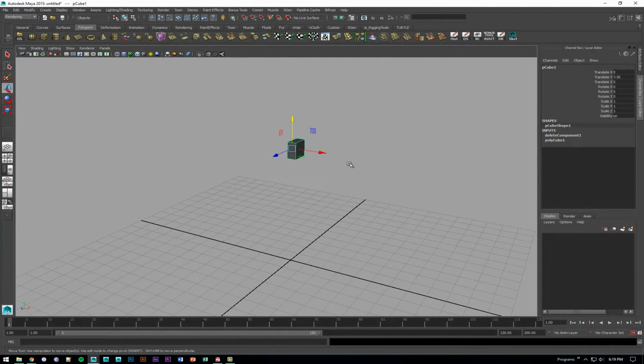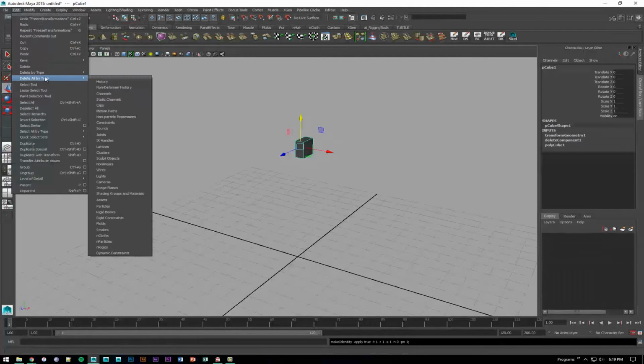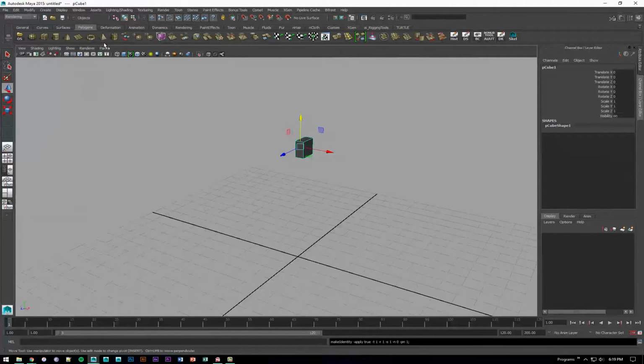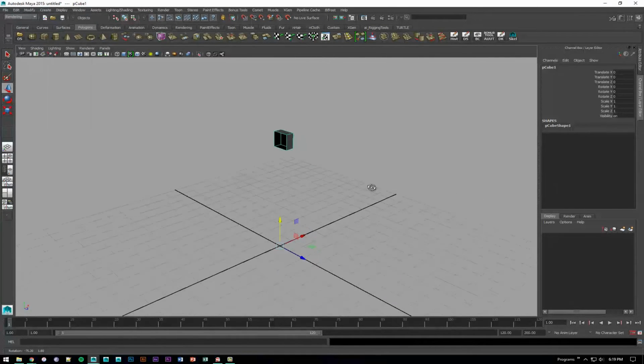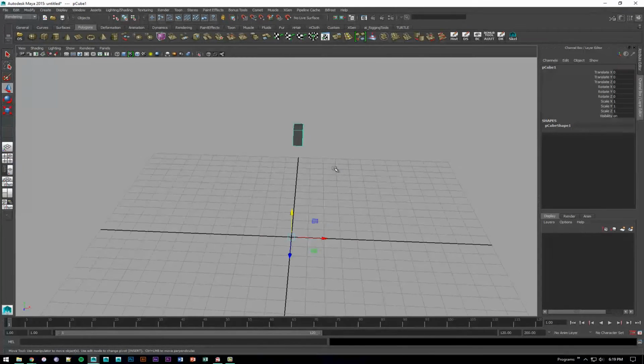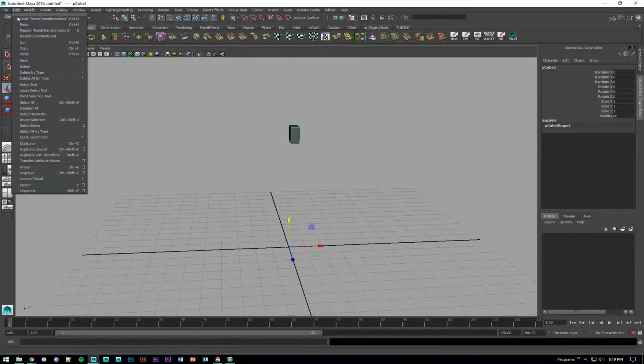Okay, so the trick to working on the left hand side and having everything mirror onto the right hand side are these few steps. You start out by freezing transformation, deleting history, and then resetting transformations by clicking on modify. Okay, now that's fantastic. Once you have your transformations reset, go ahead and click on edit and say duplicate special. Go into the option box